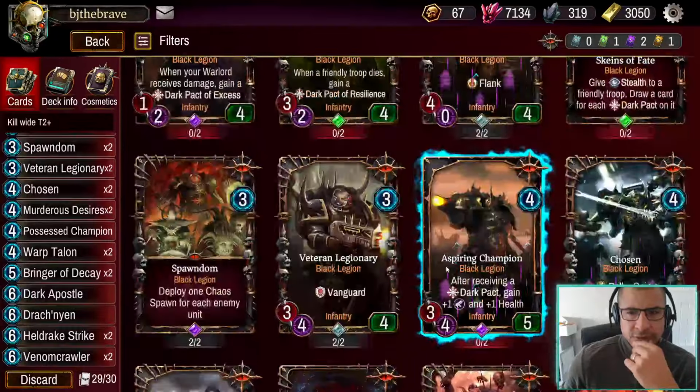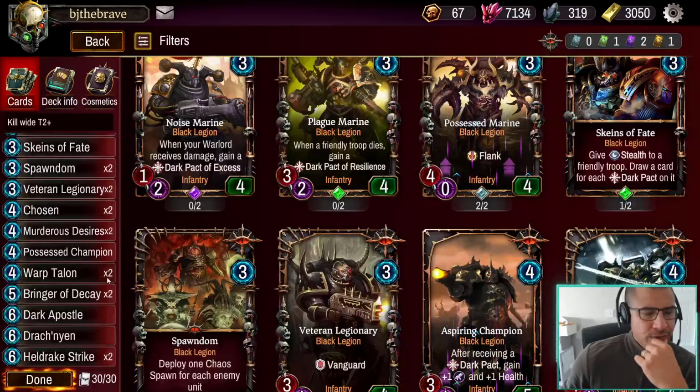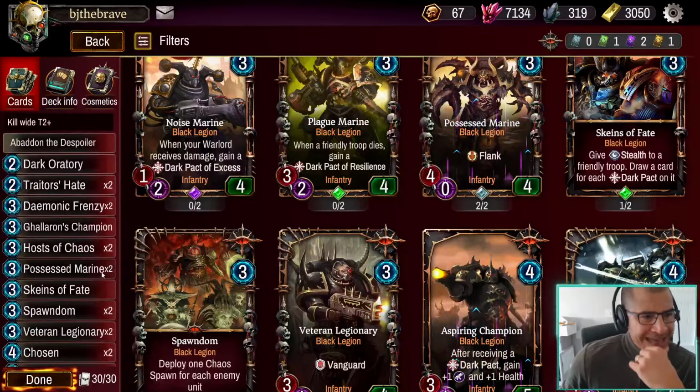I think it's a 3-drop, right? Is it not? Yeah, Skeins of Fate, right? Because then you can hide a troop, so that means you can get more dark packs on it. And you know what? You might even